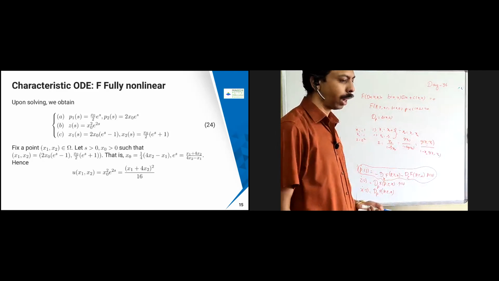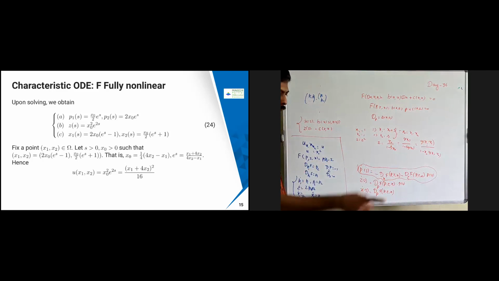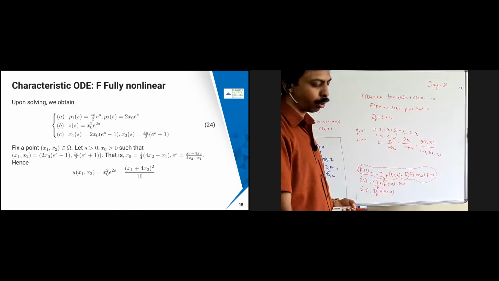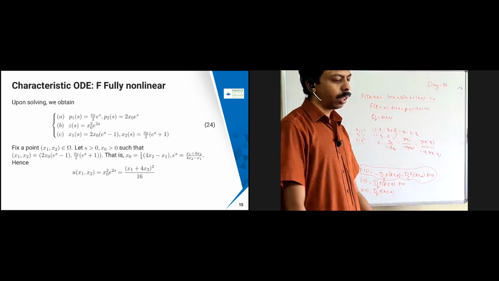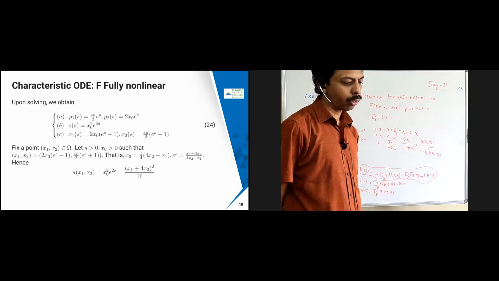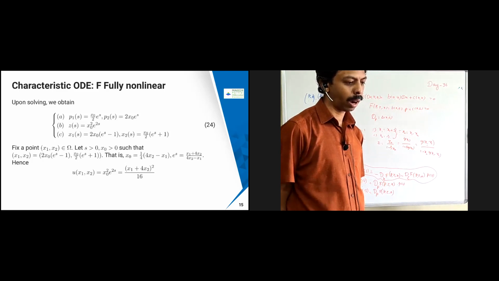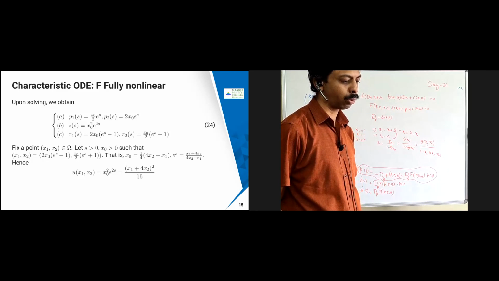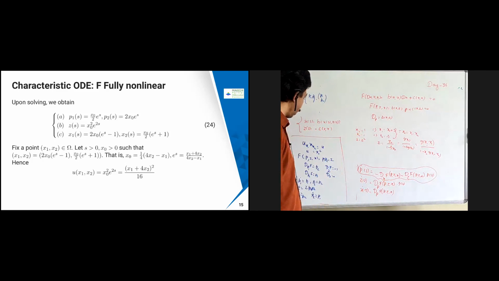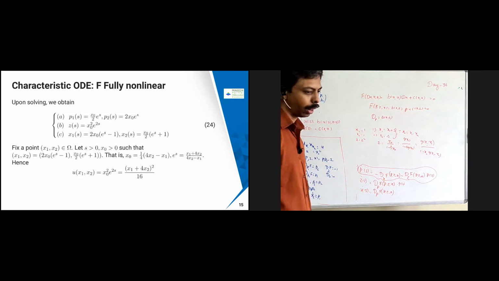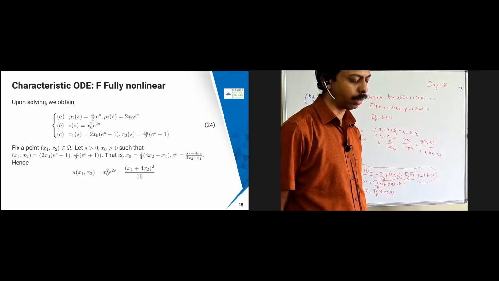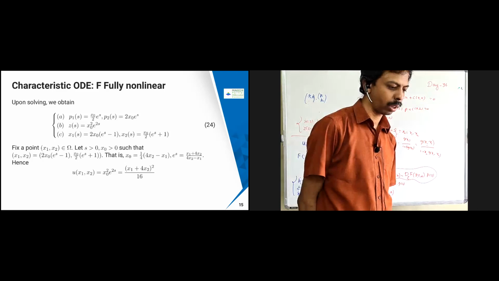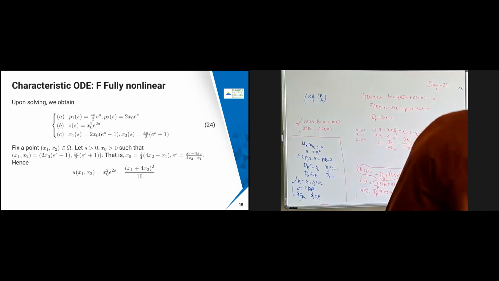So if you substitute those values of p1 p2 whatever you obtained from the above, substitute it in the x1 of s, you will get the answer. Okay. So then once again you simplify this for x1 and x2, then you can get what is your x dot. And then you substitute the u of x1 from x2. So here you have this condition u equal to x2 square, that you have to use also, and then you can simplify and get the answer as x1 plus 4x2 square is 16 square.